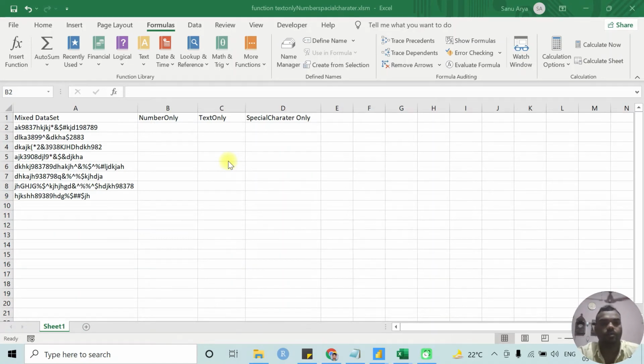Hi friends, we are going to show you custom functions which extract from a cell value number only, text only, and special character only.